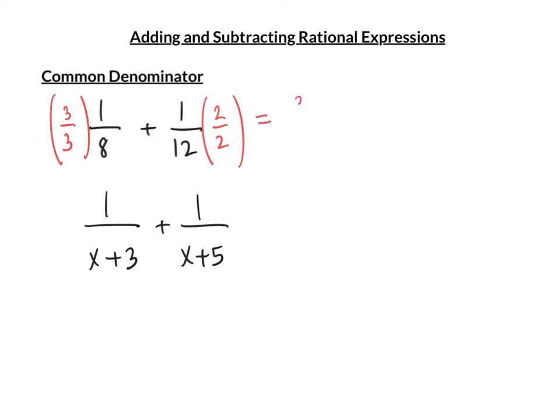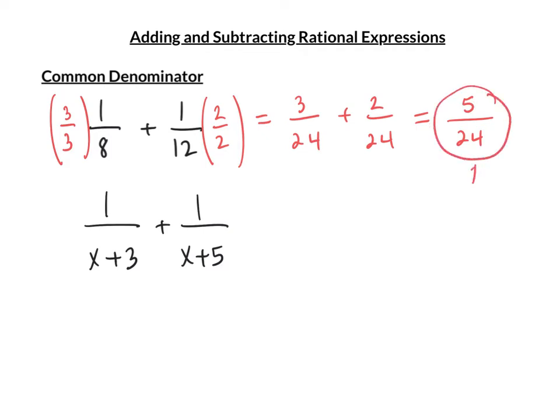Now I've got my common denominator. It'll be 3 over 24. Notice this 3 times 1. And 2 times 1 will be 2 over 24. Don't forget you keep your denominator of 24. And the answer then would be 5 over 24. And you'd always look to see if that's simplified. It does not. When I have rational expressions,